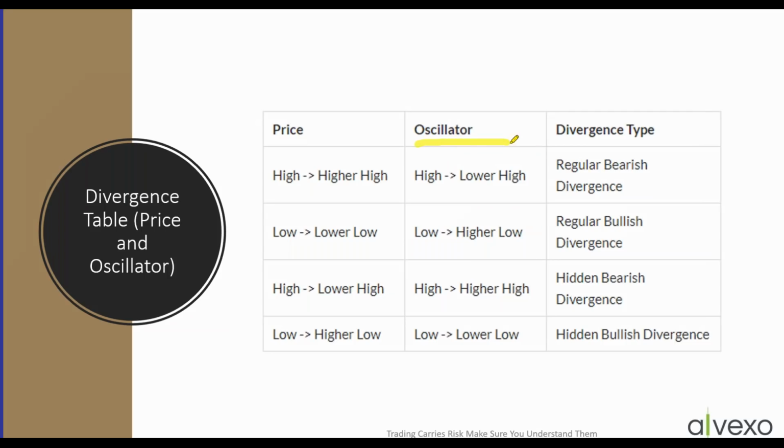But if you look at the difference between bearish and hidden bearish, here the oscillator is making a high and a lower high. In this case, in the hidden divergence, the oscillator is making a higher high. And the same thing with bullish, price is making a lower low and then a lower low, while the oscillator is making a low and a higher low. So basically, it's just simply 4 combinations of the possible higher high, higher low scenarios.